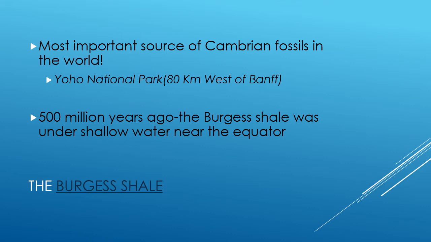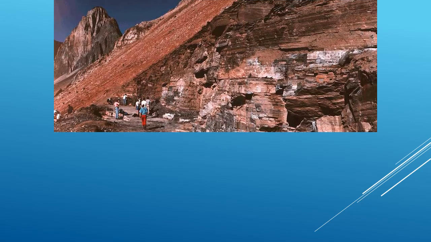Because 500 million years ago, the Burgess Shale was underwater and it was very shallow near the equator, meaning where Alberta roughly was, it was very tropical and full of life. This is going to become very, very important. Here we're going to see some images of what the Burgess Shale actually looks like today. And you can see it's just the side of a mountain, but based off of what we know with some